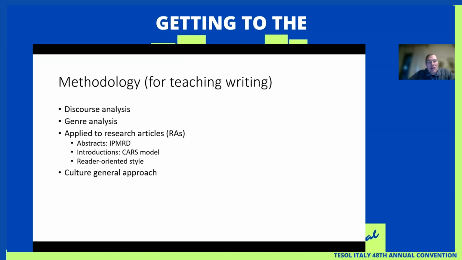And I apply this idea of a culture general approach, of course, because my students are coming from different disciplines. They come from different linguistic backgrounds. English is a lingua franca, so it is also low context. I'm not teaching them how to write academic research articles for Americans or for British. They have to learn how to read and write research articles for an international audience because their academic communities are international. And so this involves cross-linguistic and cross-disciplinary analyses in the classroom.